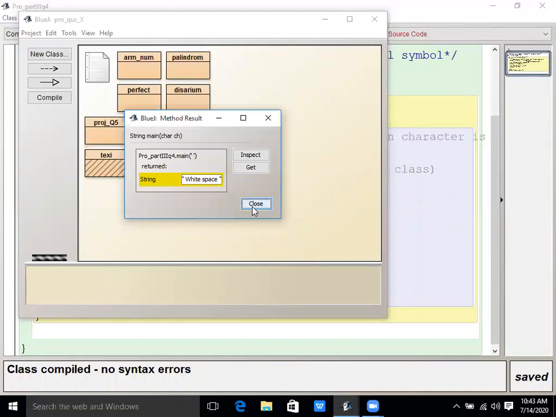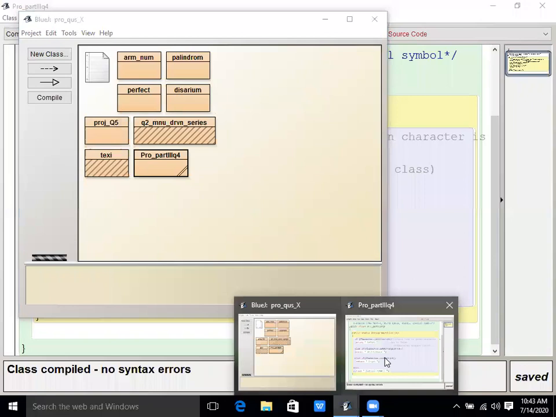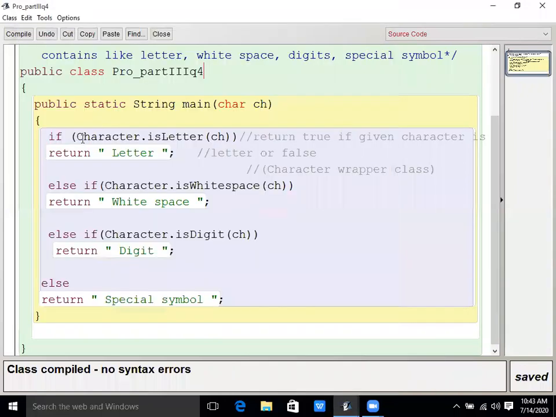Okay, understood? Now again, I'm explaining this program. See that carefully. Here I have used the Character wrapper class. All the primitive data types have a wrapper class. It is an already defined class, like the Scanner class is already defined in the util package. Same, this Character class is already defined in the java.lang package.